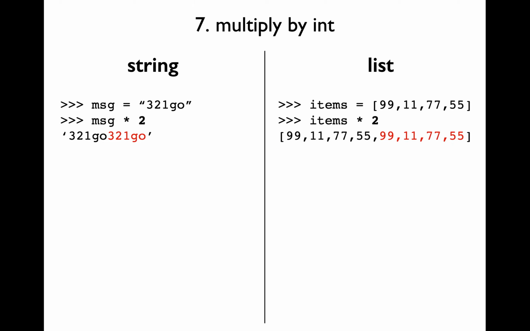Let's talk about the last operation here, which is multiplication by an integer. Please pay close attention here because this is going to be a different behavior than you might expect when it comes to list sequence. When you multiply a string sequence by an integer, you're simply going to replicate the string sequence that many number of times as provided in the integer, correct? Similarly, when you multiply a list sequence by an integer, you're going to replicate the items in that list that many number of times.